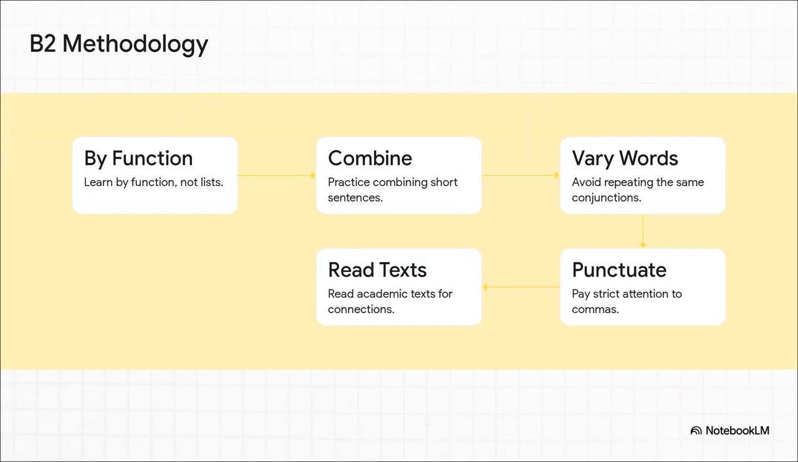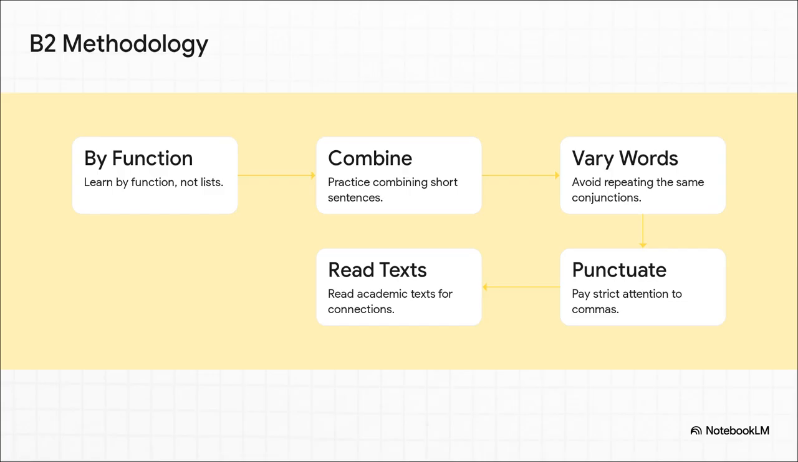So how do you actually achieve this? Well, here are your exact steps for taking this blueprint home. Stop memorizing alphabetical lists and start learning words by their function. Challenge yourself to combine short, simple sentences into complex ones. Actively force yourself to vary your language so you aren't just relying on and or because all the time. Watch your commas carefully. And finally, read academic texts, not just for the content, but to actively study the connections